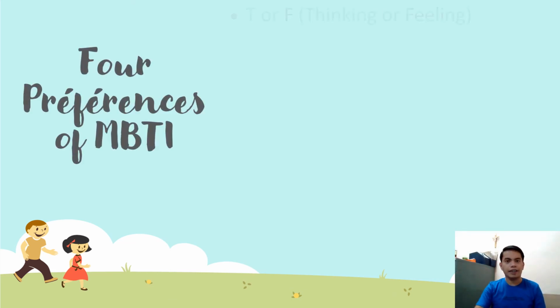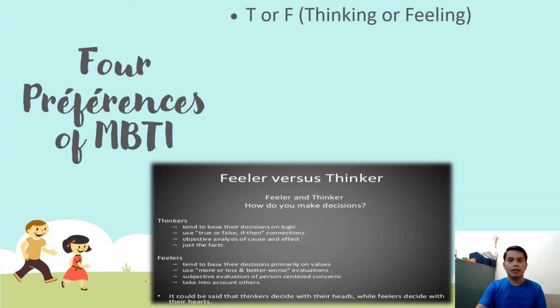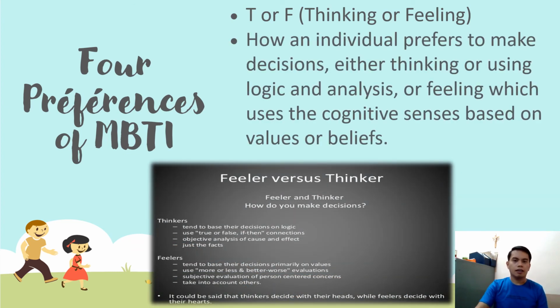Thinking or feeling is another preference of the MBTI. And thinking or feeling refers on how an individual prefers to make decisions, either thinking or using logic and analysis, or feeling, which uses the cognitive senses based on values or belief. So meaning to say, if you are a person who have thinking as a preference, you will say that when